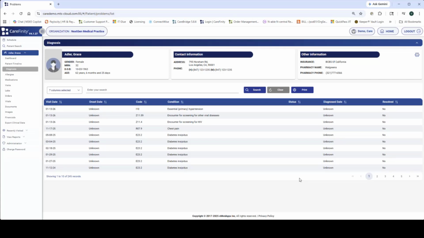A few things to note on the screen that you'll see on the remainder of the data elements that we go through. The first thing is we do page all of our data in CareFinity. I'm using CareFinity through the internet right now to give you an idea of how that would function in a distributed environment. We do page the data similar to your banking and your shopping websites for performance reasons. If there's more data available than you see on the page, you'll have navigation here to navigate through the different